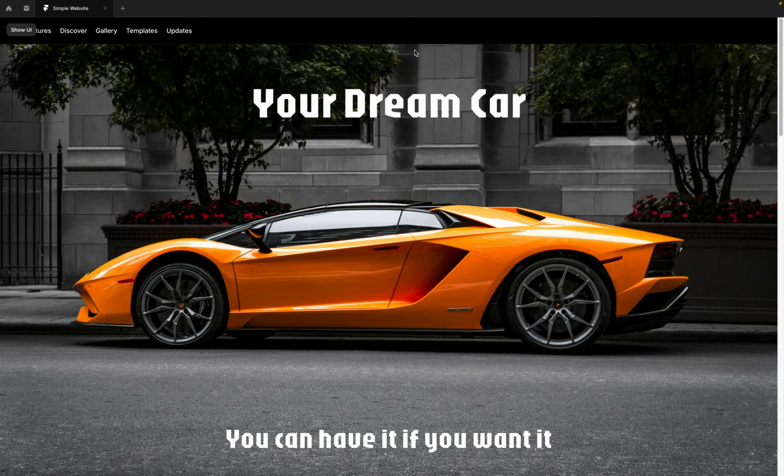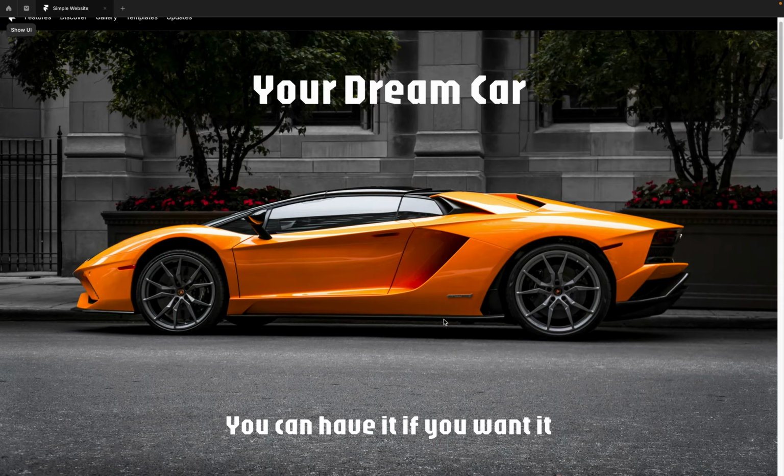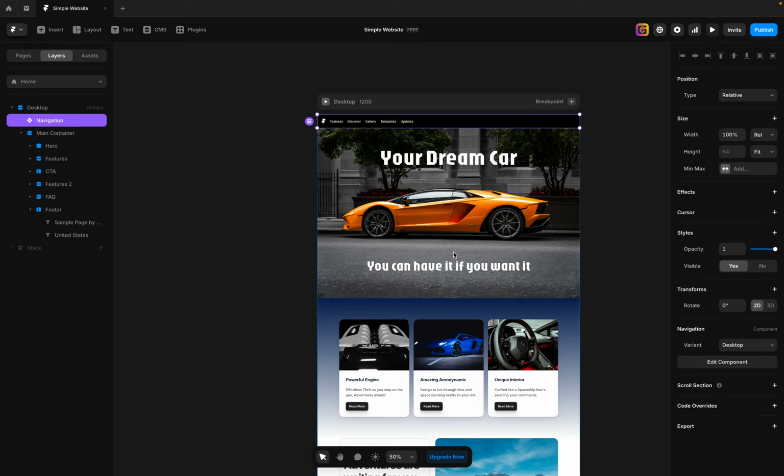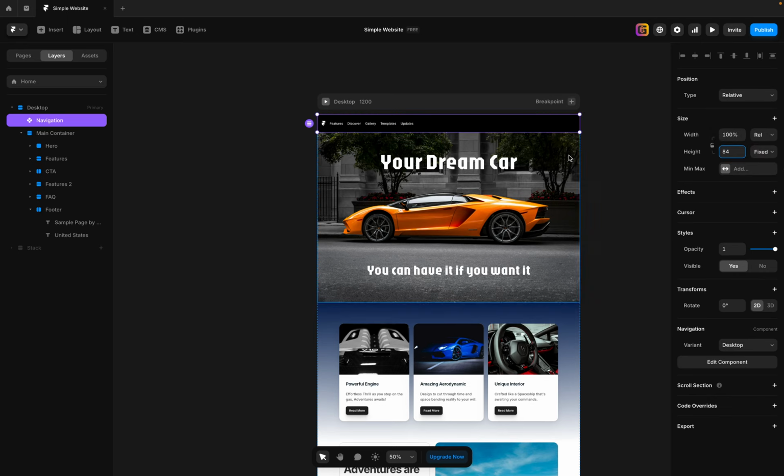I want to make this a little bit thicker, and also I want the navigation to stay in place, but now it's scrolling with the page. So how do we do that? All right, let's exit out of that, and we're gonna go ahead with the navigation selected. You can see here it has a height of 64 as a fit setup. Okay, now we're gonna change that to, let's say, something like 84, and let's give that a shot, and yeah,